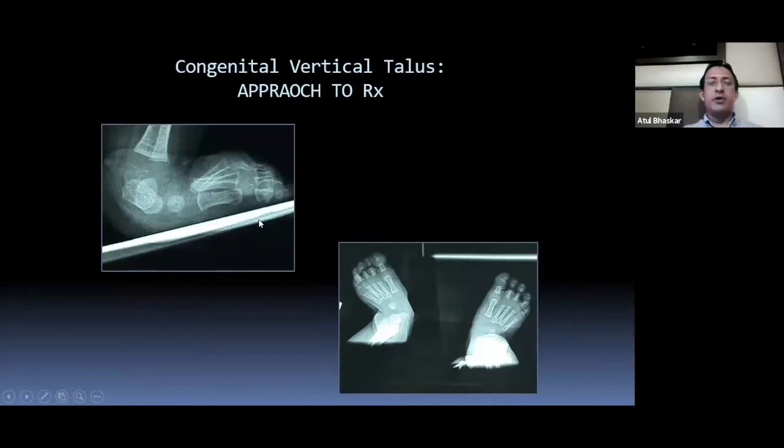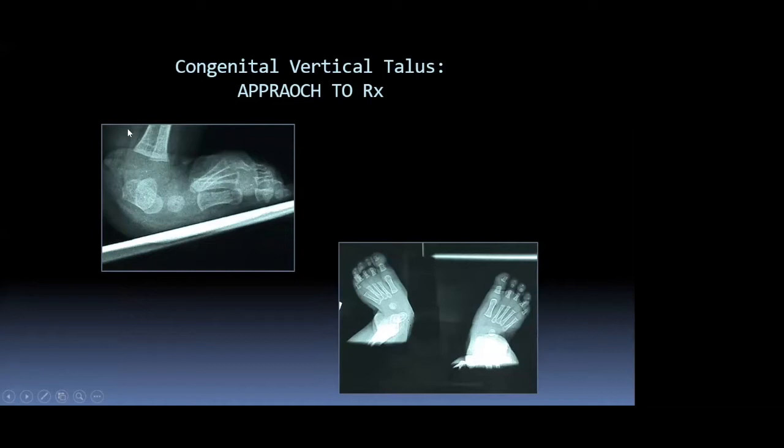So you keep a radio-opaque marker, so you can do a stress dorsiflexion view, and this view tells you that the heel is in equinus. You can get this picture even in a rocker bottom foot, which is created iatrogenically when you manipulate a club foot. So you can get a similar picture, but your talus will not be so oblique. If you see, the talus is almost vertical in line with the tibia. So this is a true vertical talus, and here it tells you that the hind foot is in severe equinus, and that's why it tells you that the TA is very, very tight.